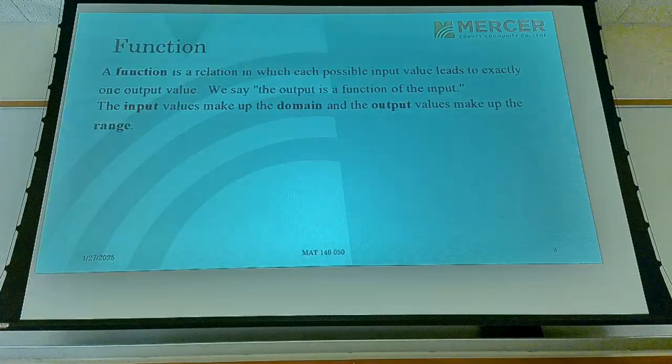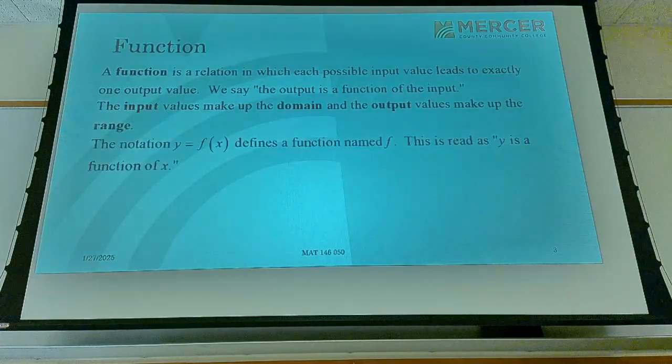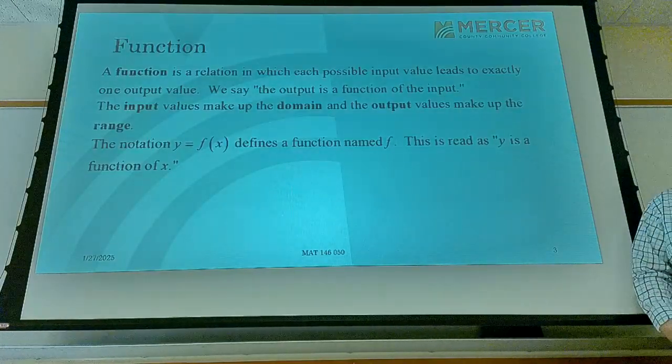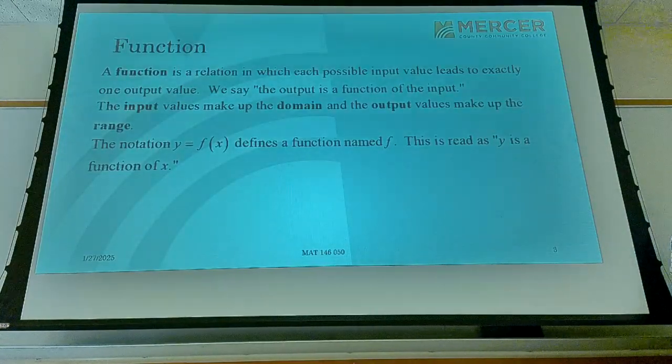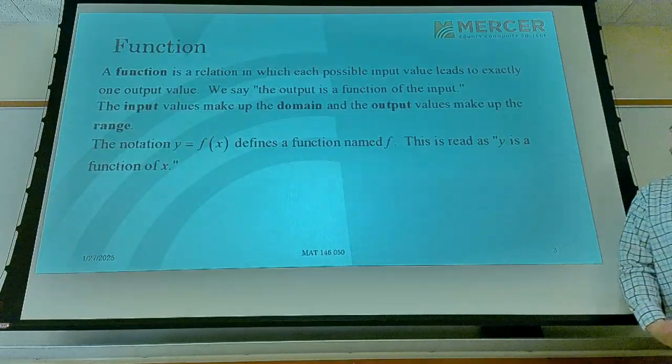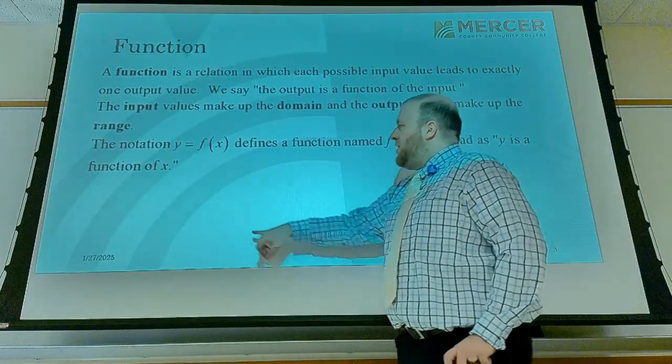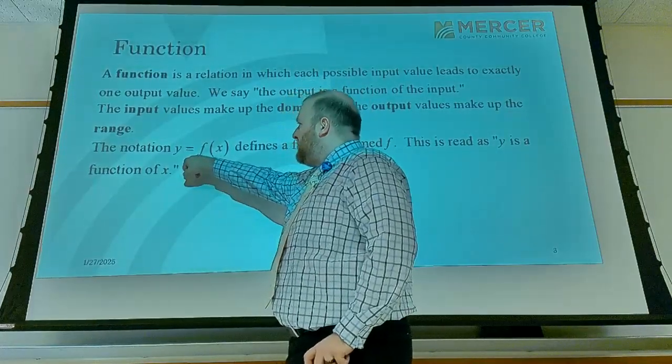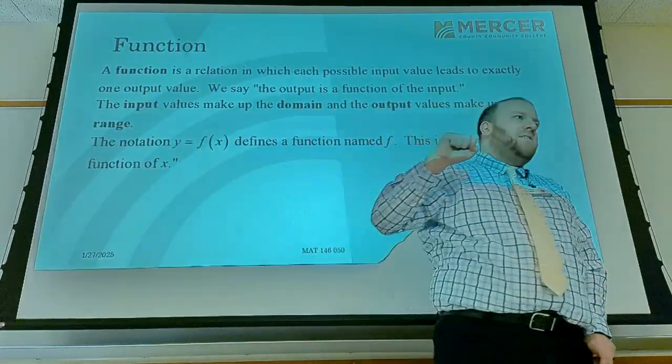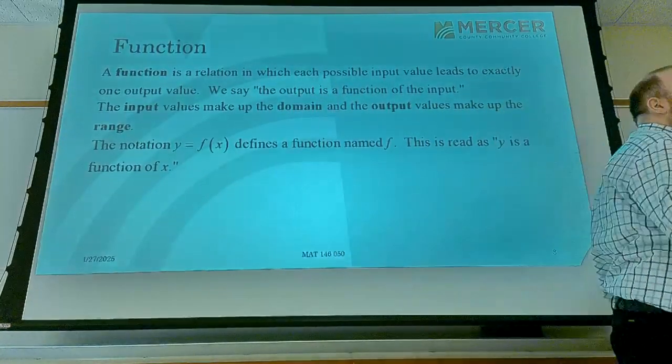This is the standard notation for functions. It's read y is a function of x. So y equals f of x. The function name is f. That's obviously our dependent variable. And the independent variable is the